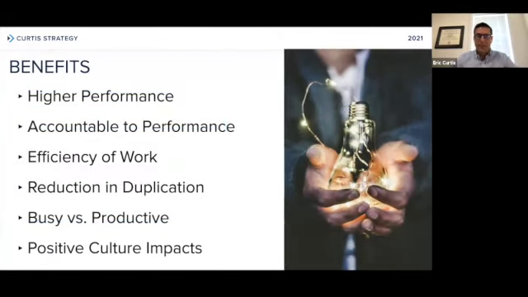So the benefits to org design are many. And I think obviously we want to try to increase performance as a result of this and create accountability, right? So the post exercise will help do that once it's implemented. It will also create more efficient work because you're technically streamlining how people work. And ideally it will be a reduction in the levels of duplication. One of the big things that we'll do, and I warn everybody about this at the beginning of any project that we work on, is it is going to